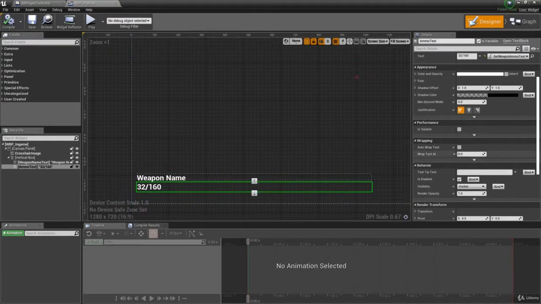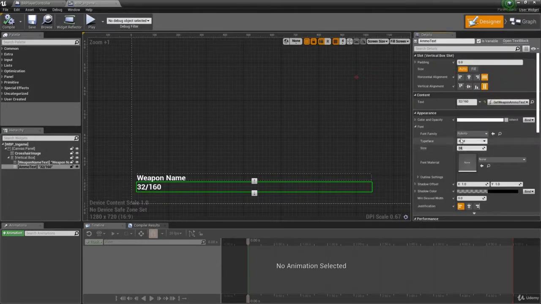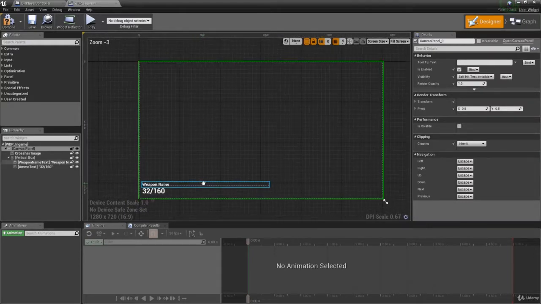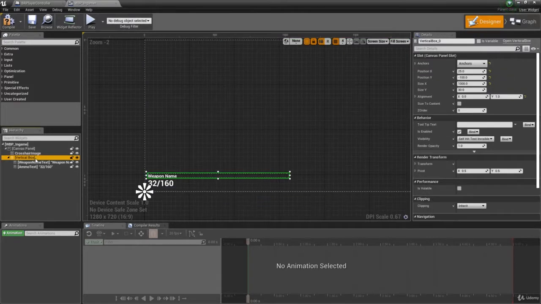We could probably make this text a little bit bigger as well. There should be like a font size thing in here. So you might want to go with like 36 or maybe make it look a little stylish. We could do an oversized ammo. That looks pretty good. The last thing that we need is the amount of health the player has,